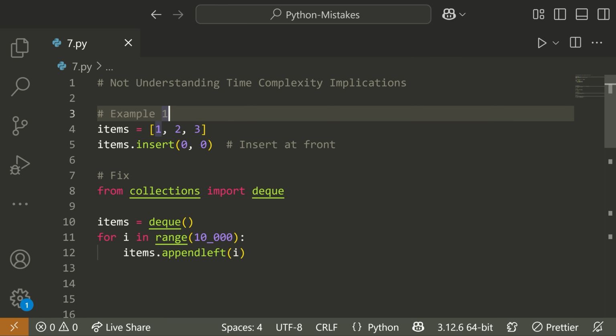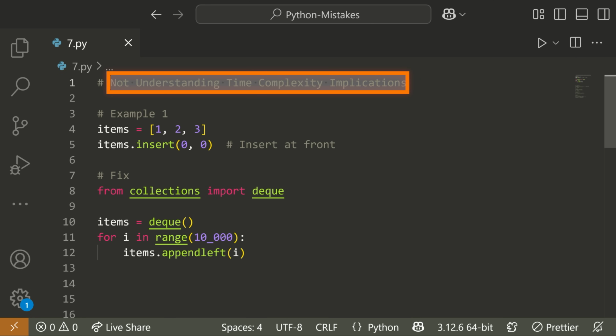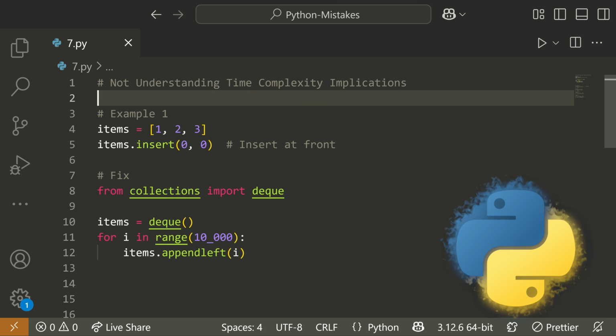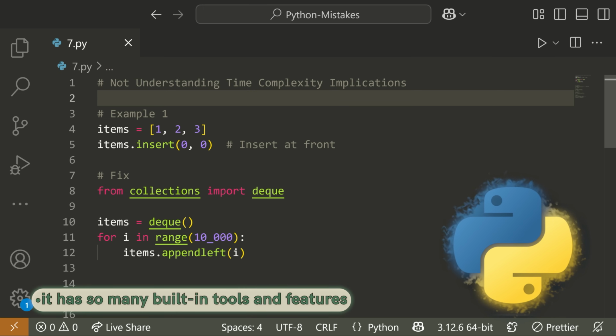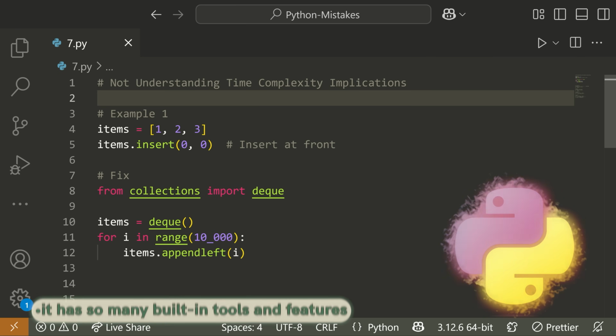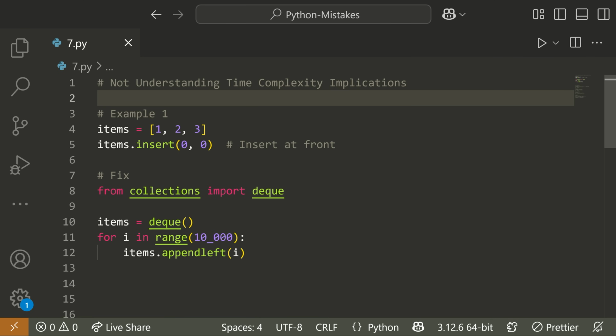Now, this is about understanding the time complexity implications of the Python code that you're writing. Python is a great language because it has so many built-in tools and features that make your life easier. However, you should understand how those work on a lower level so you know when you should use them or not. That's because when we write code, every line of code that we write takes a certain amount of time